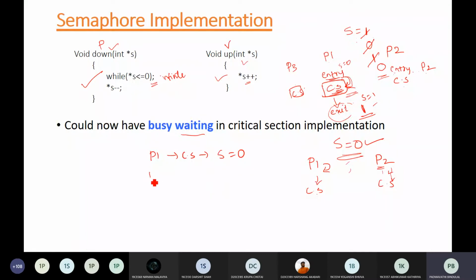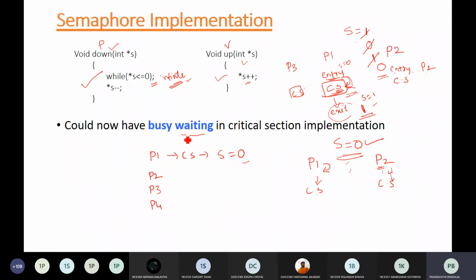Meanwhile, let's say you have processes P2, P3 and P4 that want to execute in the critical section, but it is not possible because they will be in the infinite loop. The S value is less than or equal to 0, the condition is true, so these processes stay in the infinite loop. P2, P3, P4 will always be busy waiting.